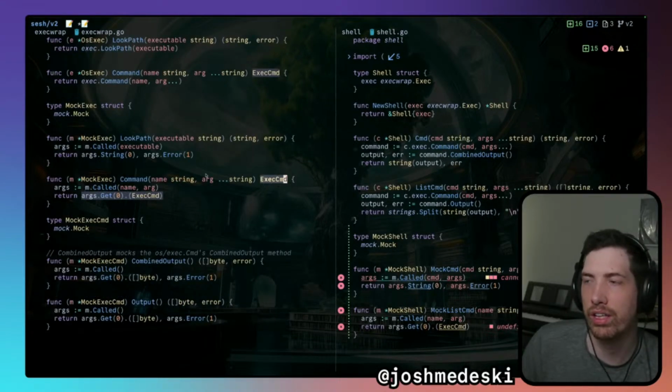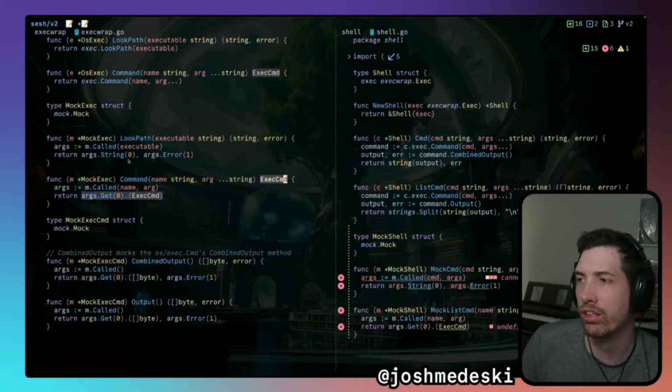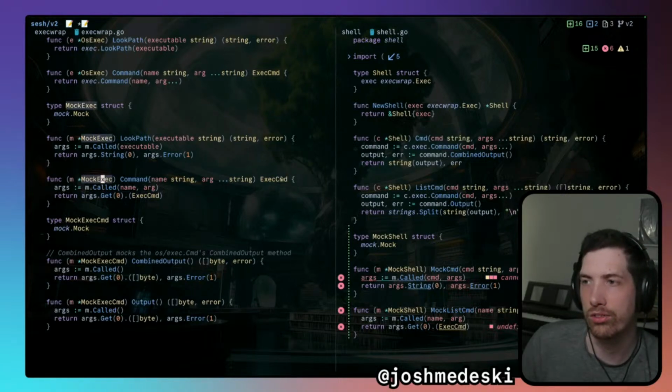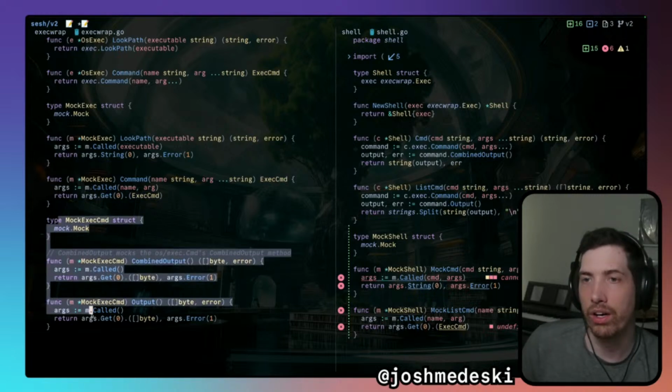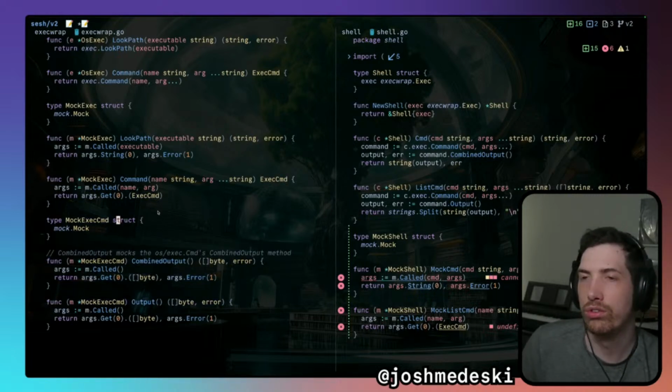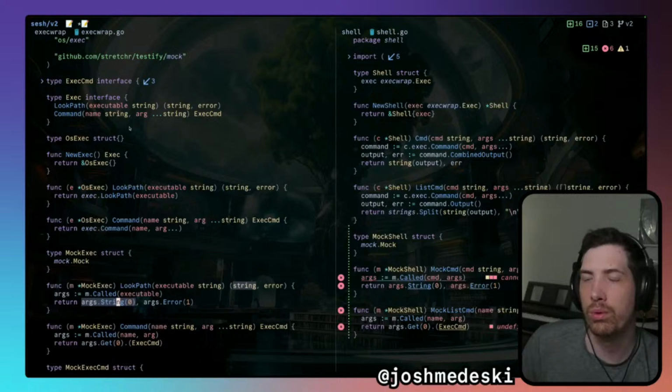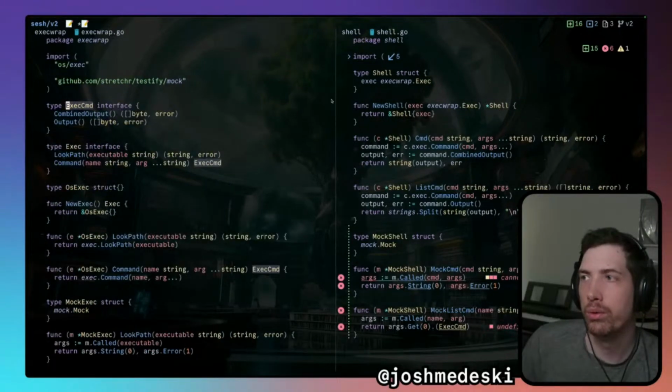So that was our way of, and it works, those tests are good. And the mocking is pretty straightforward. However, we don't have to do two layers here. We only need to do one layer. So we might as well say that shell